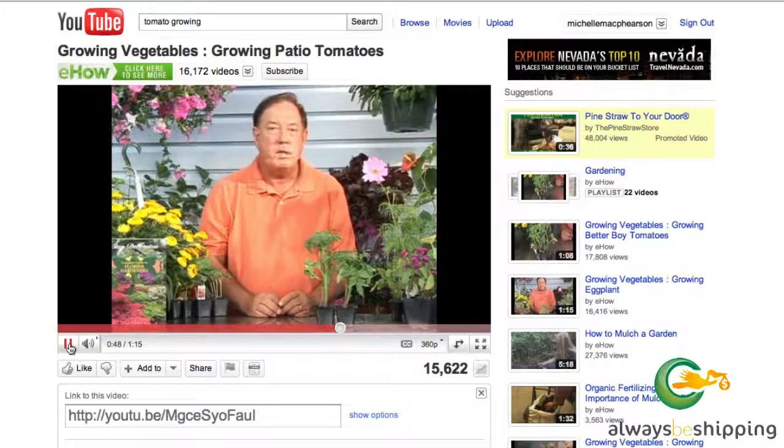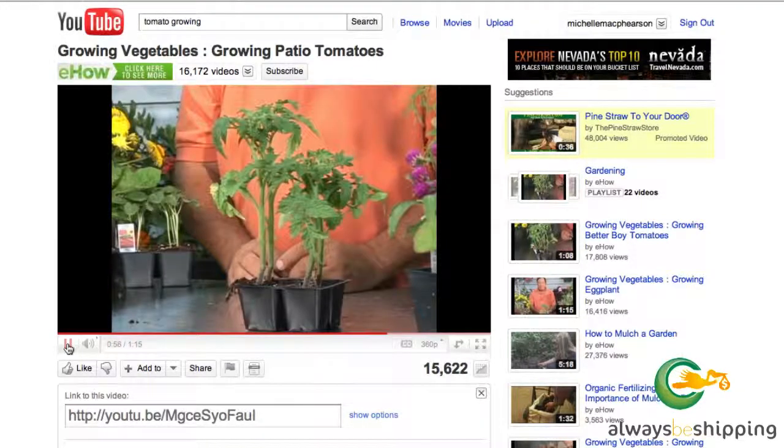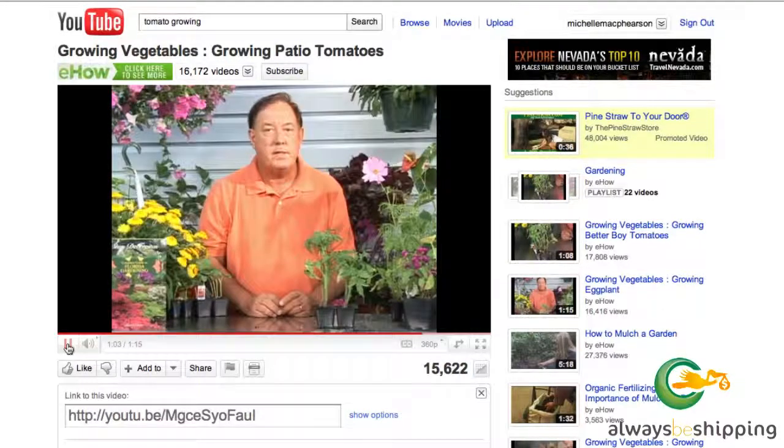Now there's some smaller varieties and some larger varieties as far as the size of the fruit. Make sure it gets full sun, make sure it's in a well-drained soil. You're usually going to improve the soil with extra peat moss, maybe some extra cow manure. Really try to make a good and rich soil, even in a small container. The patio tomato will give you hundreds of tomatoes over a good long season.